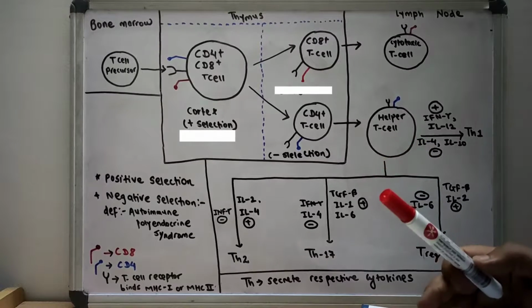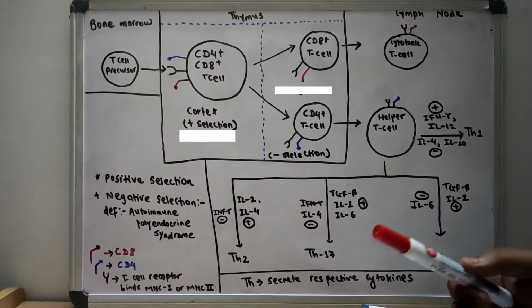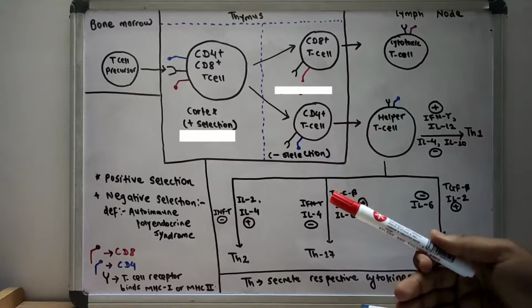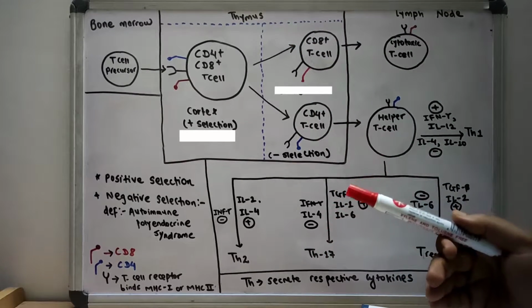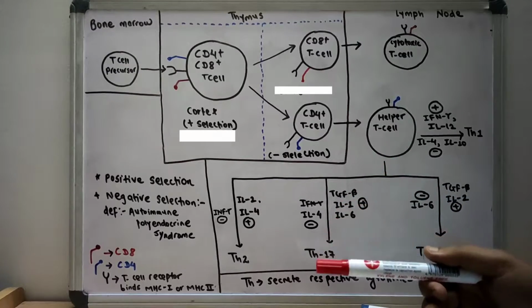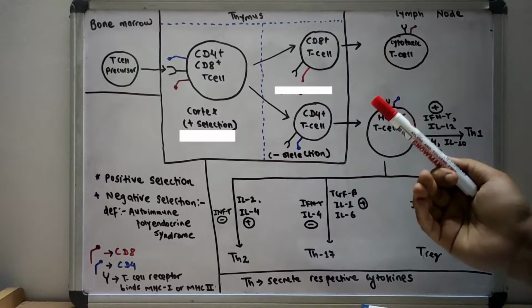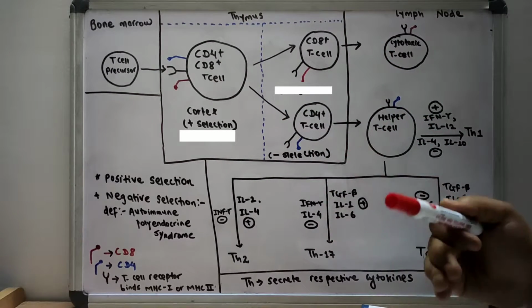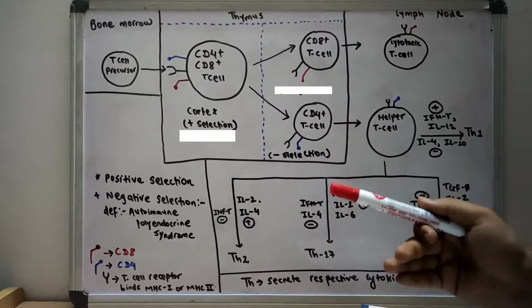Today we are going to talk about another topic in the immunology cellular components. We are discussing today about the differentiation of the T cells. The differentiation of the T cells occurs in various body systems. It starts from the bone marrow, then thymus, then lymph node, and it ultimately shows its effects up to the